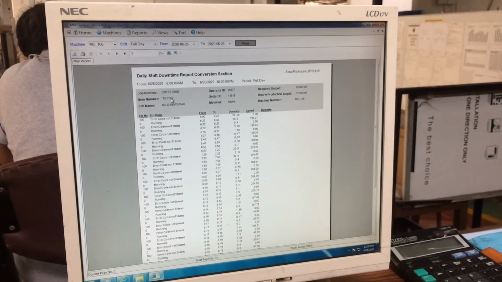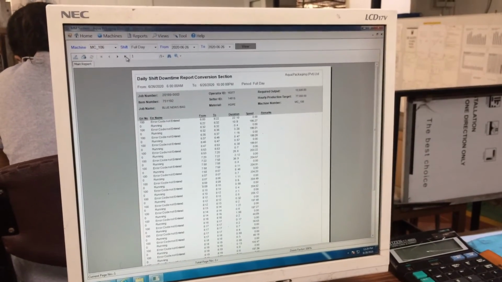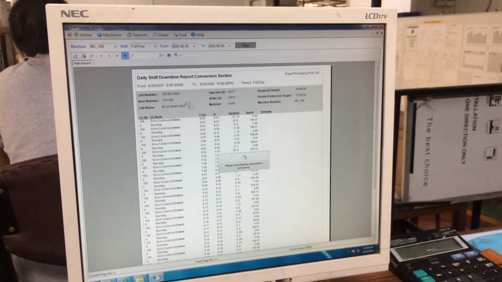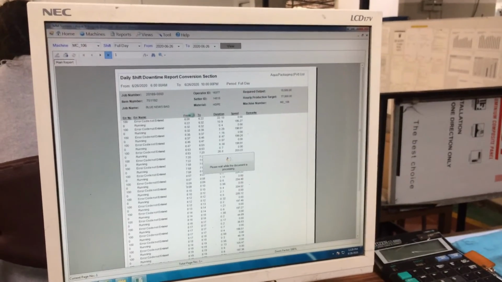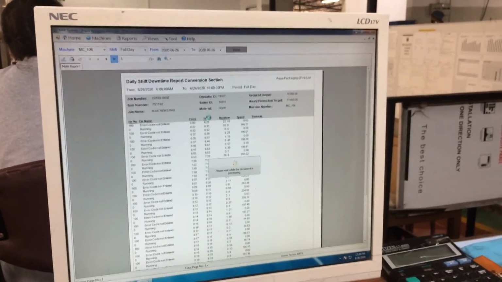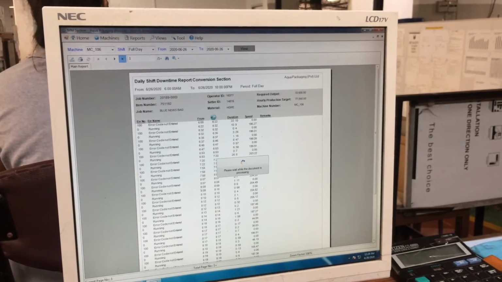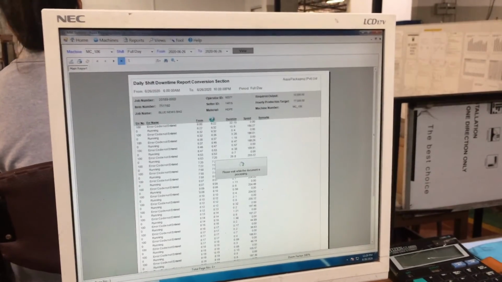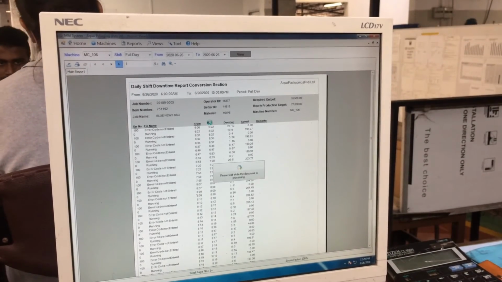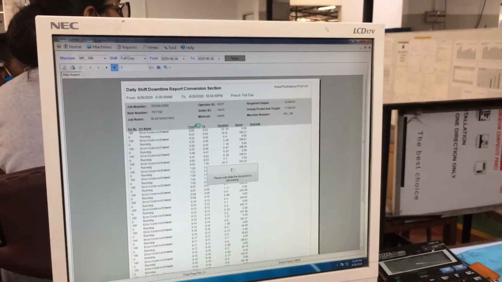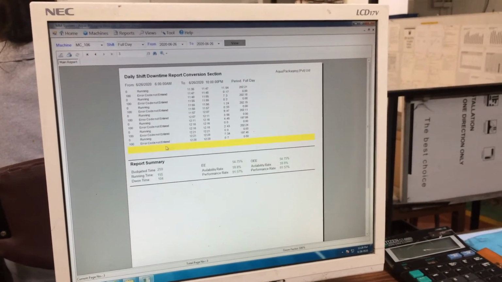Once you download this report, you can find out what time of downtime there was for a particular downtime. That means if you have a mechanical breakdown, you will have 30 minutes downtime. If you have an electrical breakdown, like that, it shows your downtime type and the time taken for that downtime. And also the machine speed during that downtime is mentioned, and it also shows other information about the machine OEE, the availability and the performance.